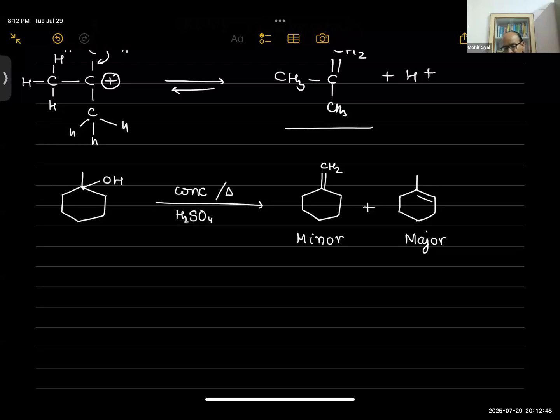Because if you look at the alkene and the double bond, right? It is connected to alkyl groups on three sides. You can see the carbon atoms on three sides. Got it? Carbon atoms on three sides. Methyl. So it is